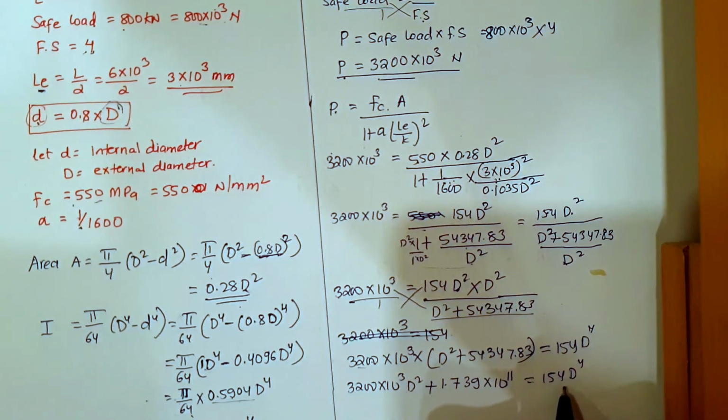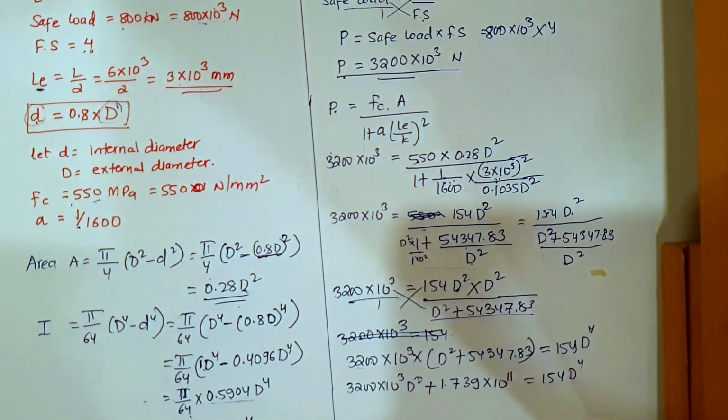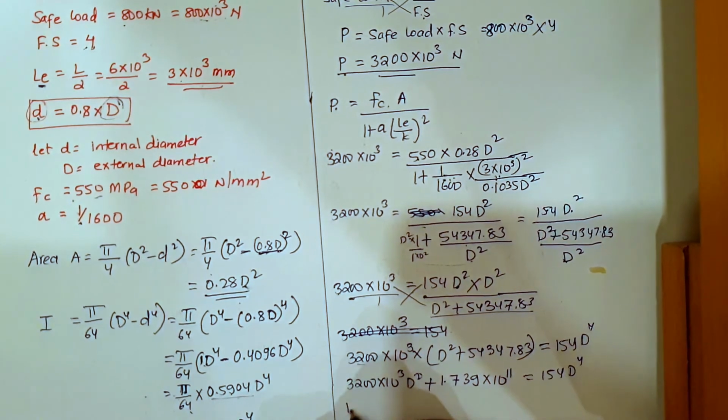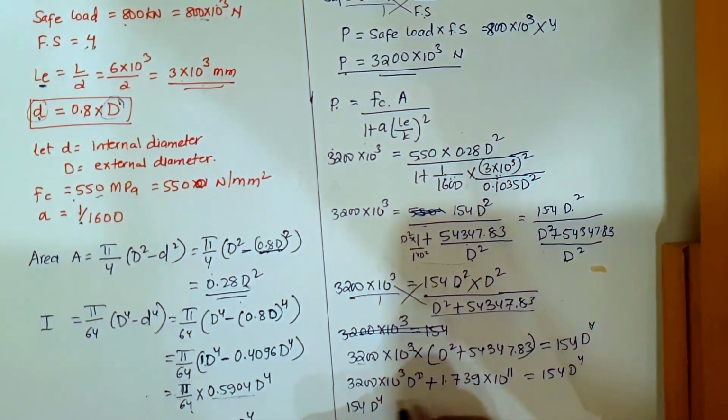Okay, now I'll send all this value to the left hand side direction. So if I send it there, it will change the sign. So what I'll get, 154 d raised to power 4